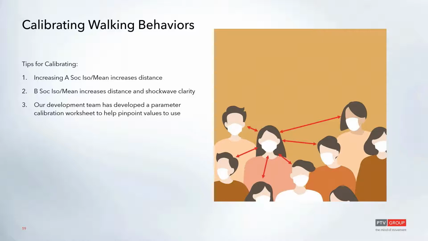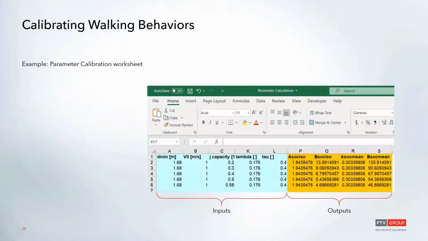Then, talking with our development team over the last few weeks about how we can help calibrate these walking behaviors: in our experience, calibrating them can be a lot of trial and error. You do a little tweak and then you see how the simulation runs. You do a little tweak and you see how the simulation runs. However, talking with our development team, we've come up with this calibration worksheet